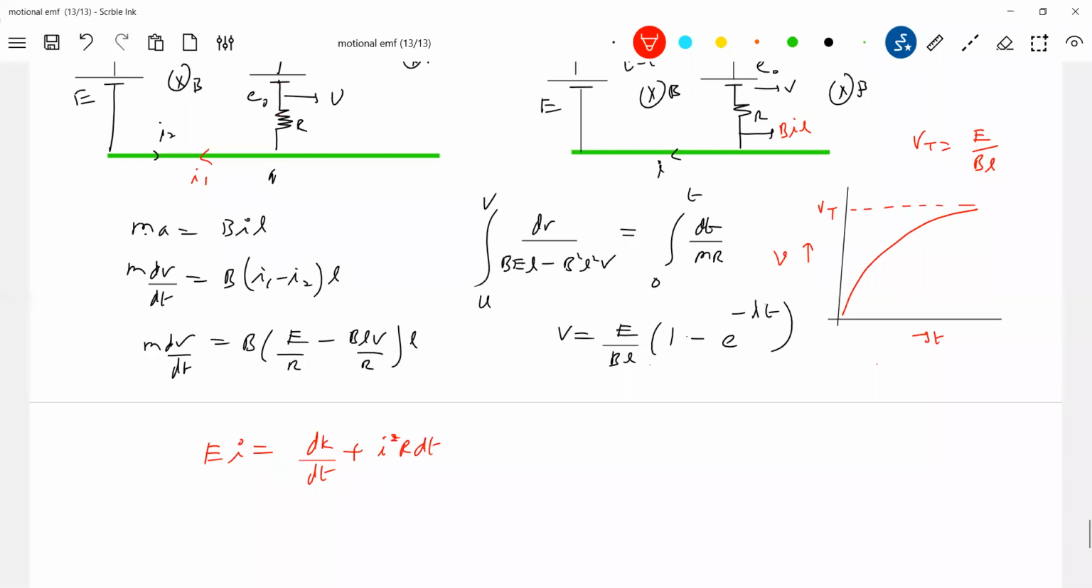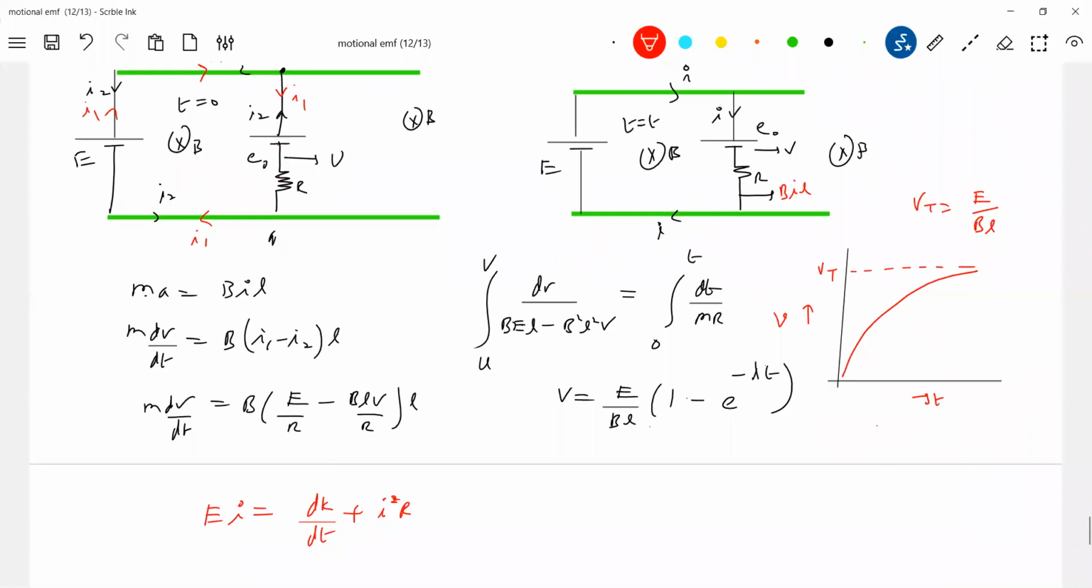So that is only I squared R power, no? Of all the power generated by the cell, a part is used to increase the kinetic energy of the rod. The remaining is the power dissipated across the resistor. After a long time, at t equal to infinity,